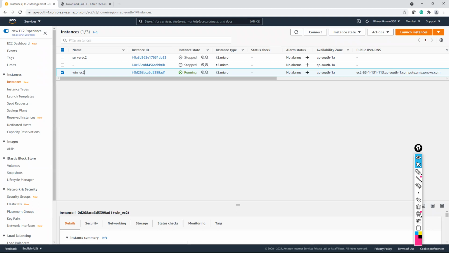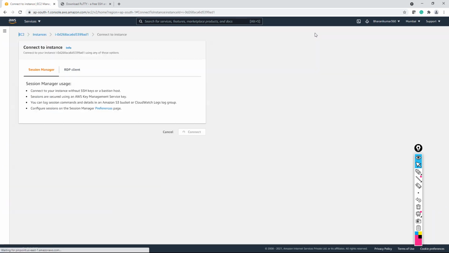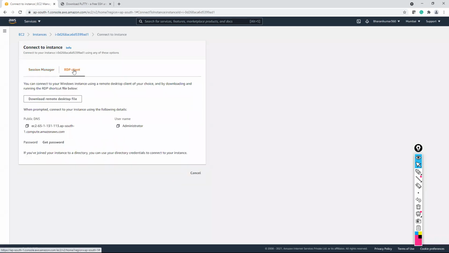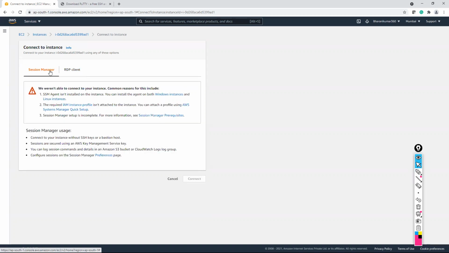Yeah, Imran, it's running now. Now the connecting procedure is different here. Click on connect. We are not able to connect to your instance. It may take some time, around 3 to 4 minutes. Sometimes you can connect instantly. Sometimes it says it takes around 4 minutes, not more than that.